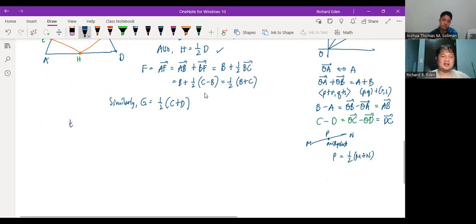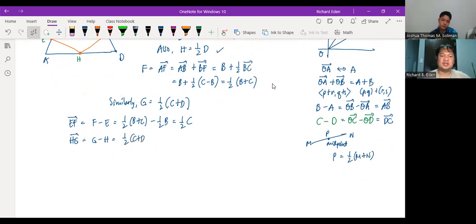Okay, EF is F minus E, where F is half of B plus C, and then E above is half of B. And this is half of C. And then HG is G minus H, where G is half of C plus D, and H is half of D, which is half of C, which means HG and EF are the same. Therefore,